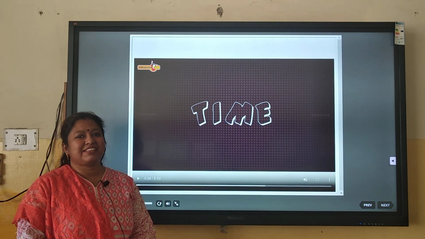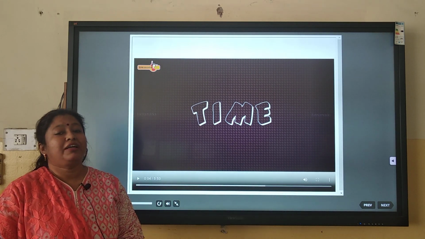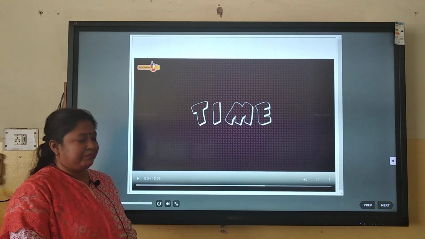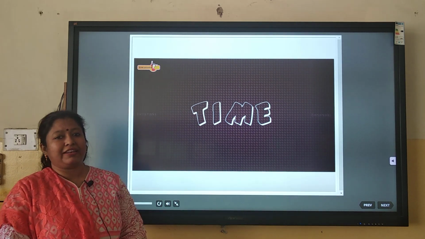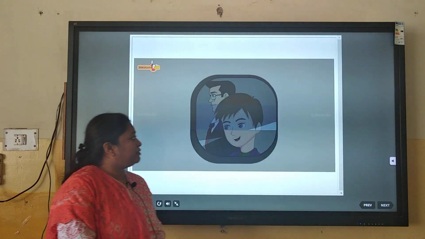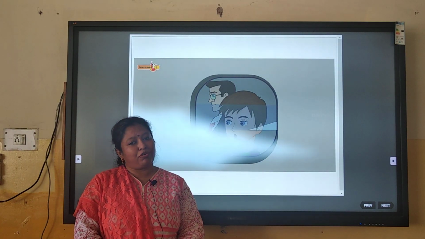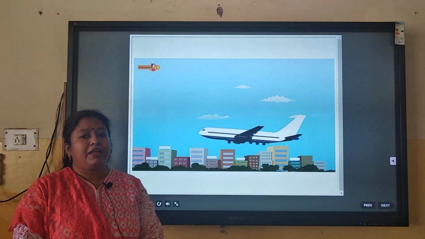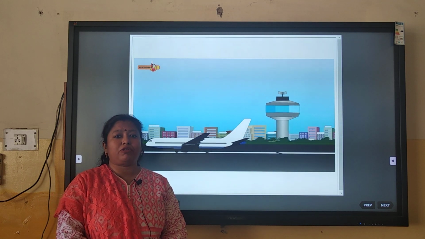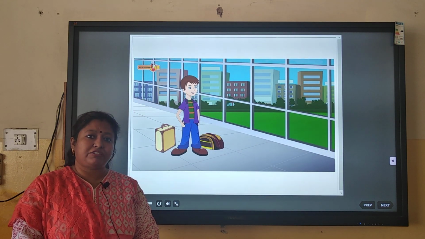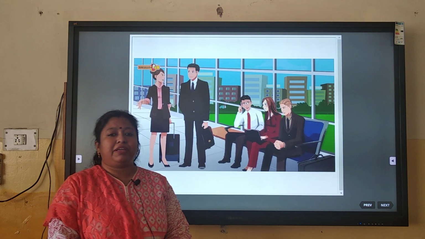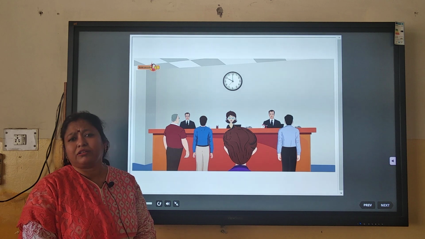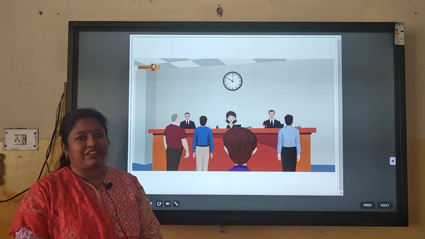This is maths class and today we are going to start a new chapter, that's tick tick tick. And in this chapter we are going to learn about time. So we will learn about clock and calendar in this chapter, and we will learn about reading time from a clock, then writing time in numbers and words. We will learn 24-hour clock time and 12-hour clock time, and writing time in AM, PM, calendar, leap year, etc. So many things we are going to learn in this chapter.